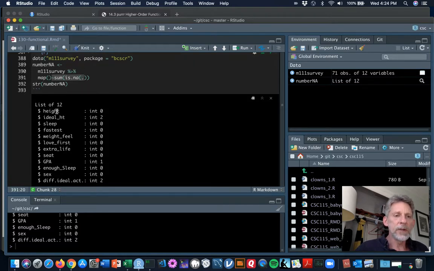And that's going to be a bunch of trues and falses. It's going to be true where the height was NA, false otherwise. Since in the M111 survey all the heights were actually recorded, there were no NAs, you're going to have a bunch of falses for this vector here. And when you sum up a vector of falses, then of course you get,